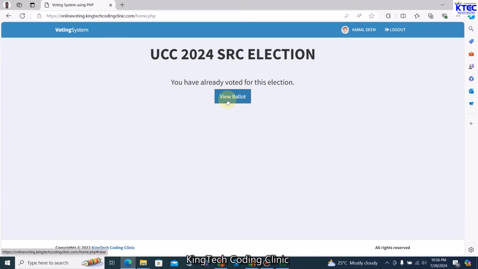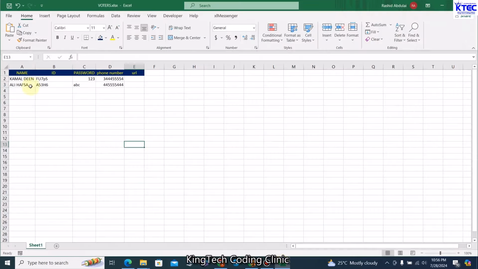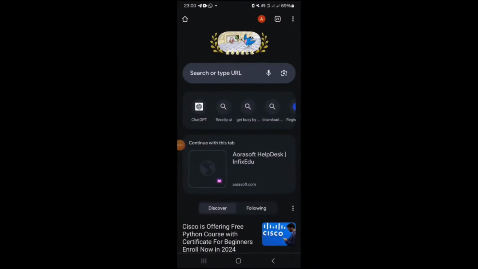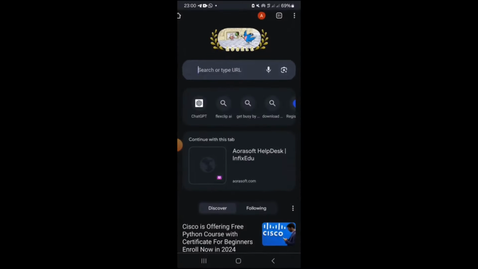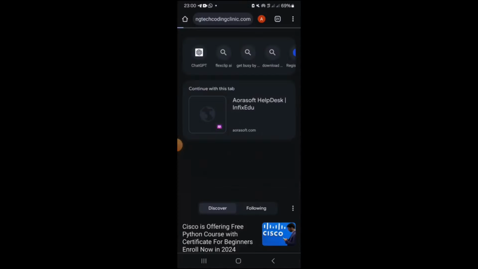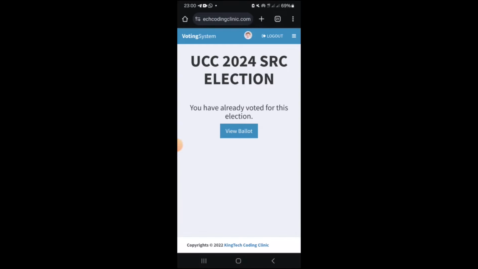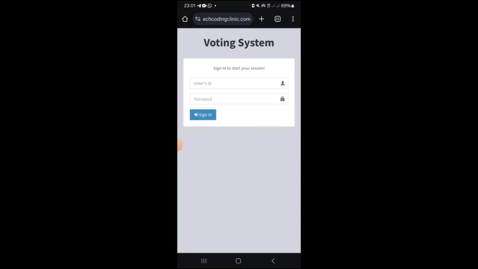Now let's switch to my mobile phone and let me show you how I'm going to vote on my mobile device for the second person. So now let's switch to the mobile device. All right, here I am on my mobile device. I'm going to tap on this and enter the link, that is online voting. I'll click on this to open it. You can see it's saying I've already voted because I've already logged in with this same person. So I'm going to log out and then log in with the